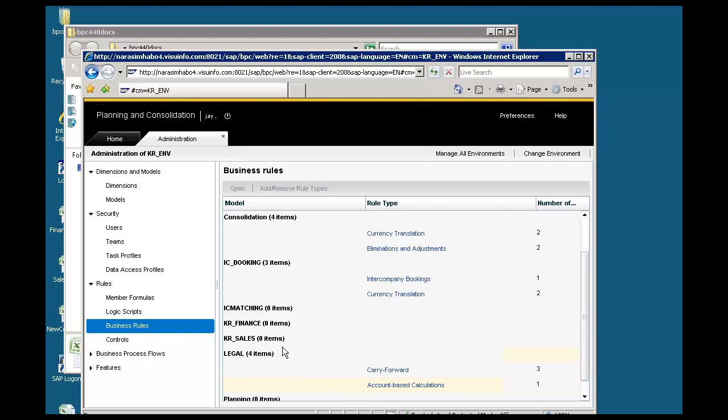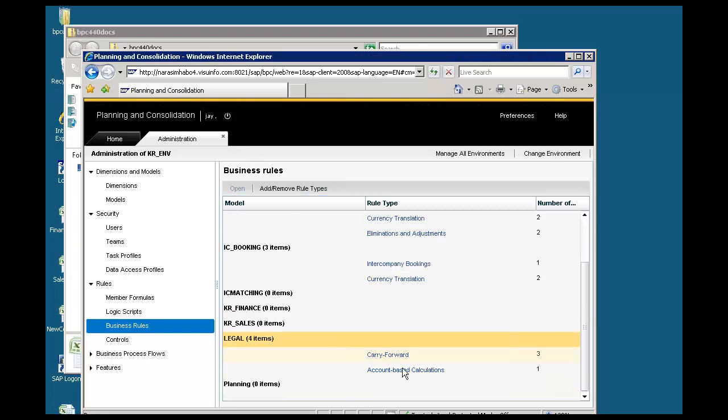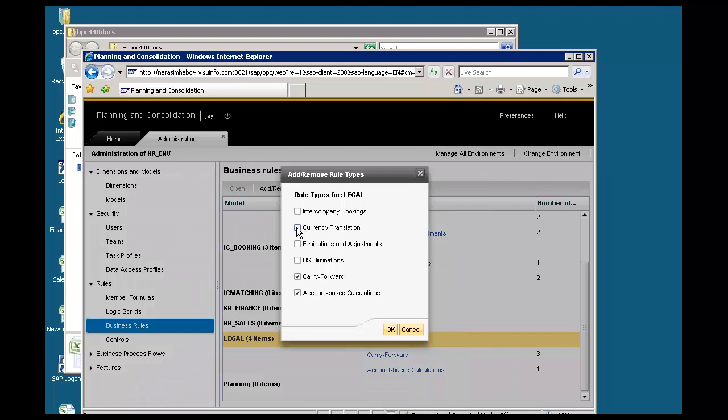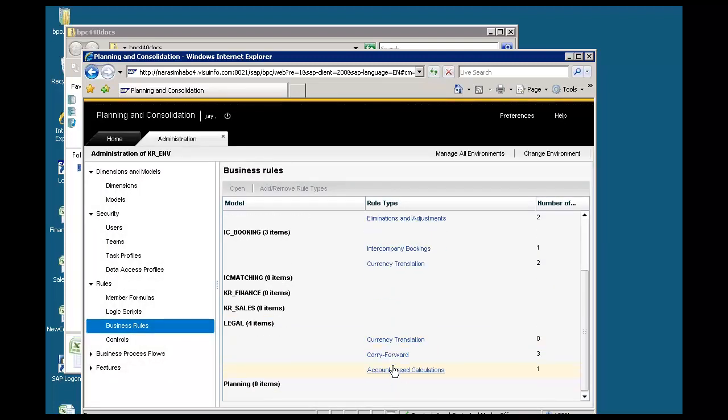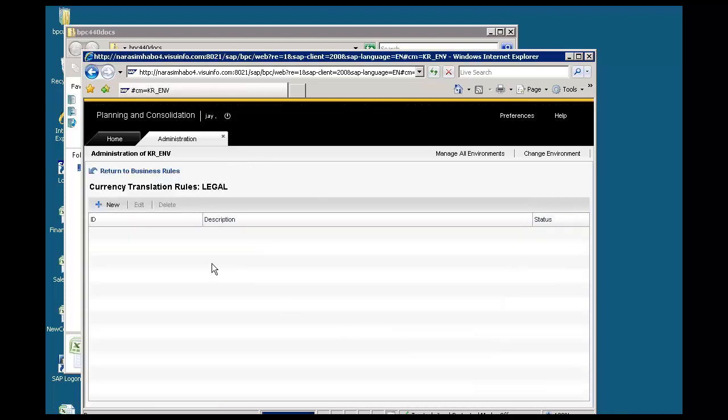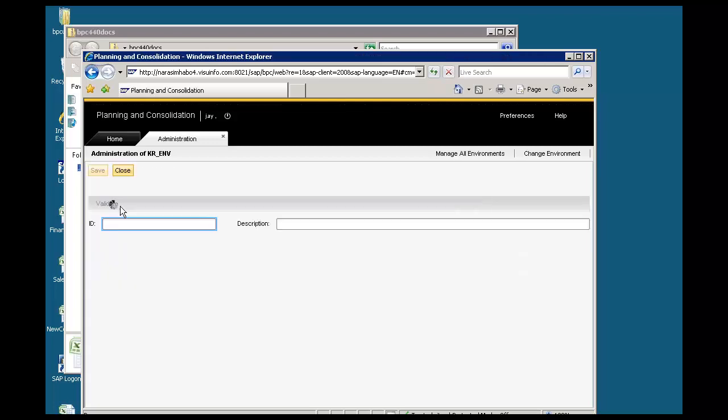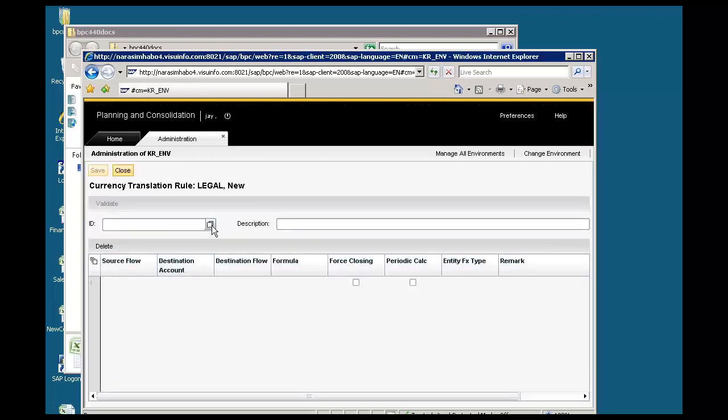We're going to select the legal model here, and see what we've done. In our previous session we've done balance carry forward and account based calculations. So let's just add one more rule called currency conversions here. Currency translation, and let us edit it. Let's create a brand new rule. Notice the system is asking for an ID, and when I click on this drop down,